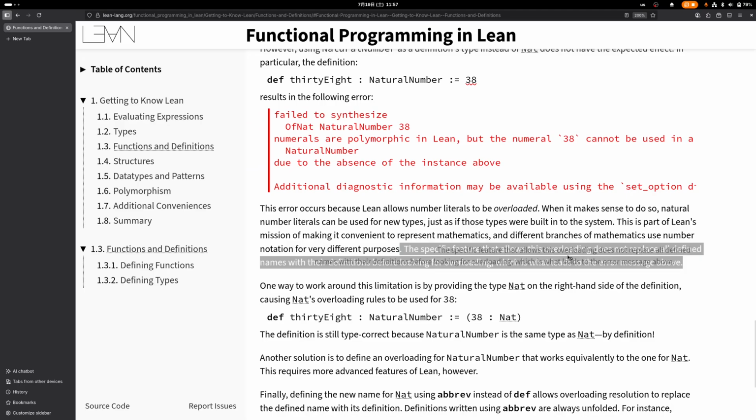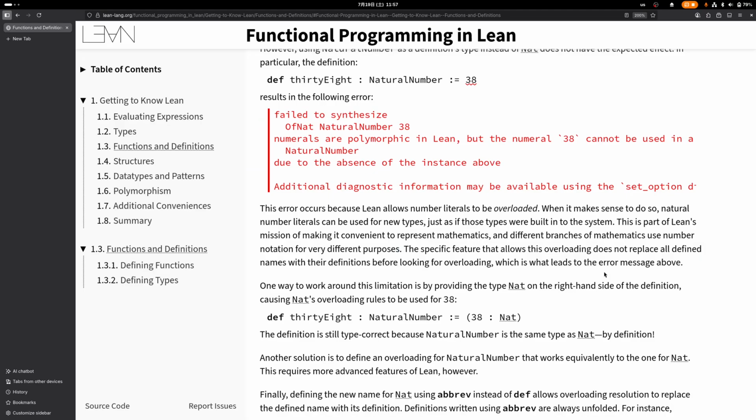Specific feature that allows this overloading does not replace all defined names with their definitions before looking. Okay, I don't understand it. Which is what leads to the error message above. Okay, so it's just saying that this feature is not going to substitute here Nat. I wonder why not. One way to work around this limitation is by providing the type Nat on the right